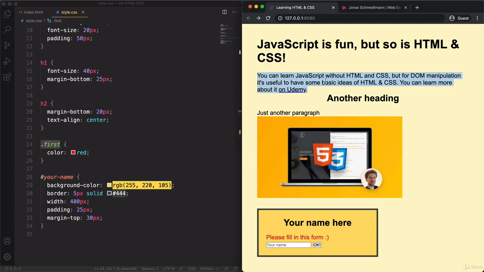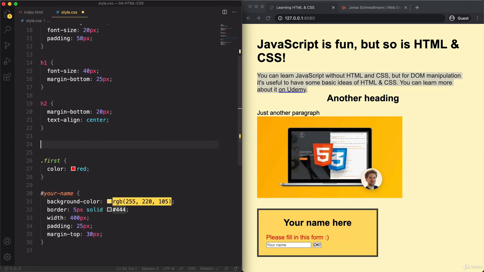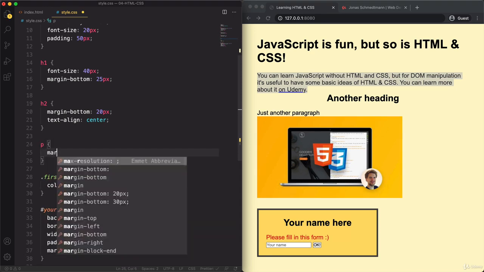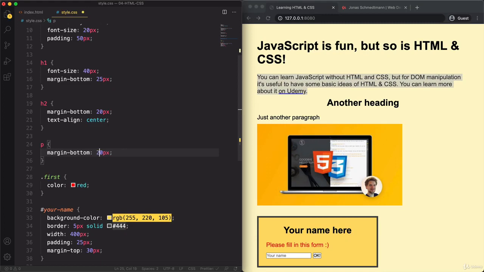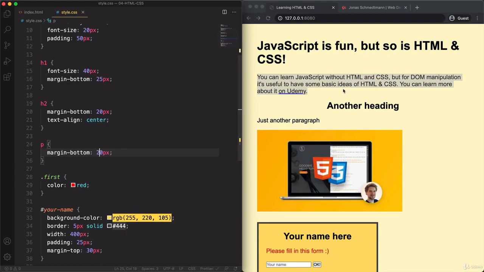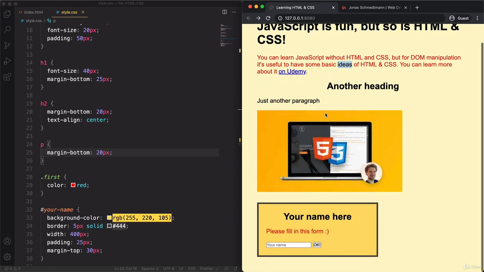And so for that, we can simply use the P selector. And that will then select all of them regardless of any class names. Okay, so margin bottom, and let's set it to 10 pixels or 20 so we can see it a little bit better. And so you see that in fact, the margin now got applied to all 3 of these paragraphs